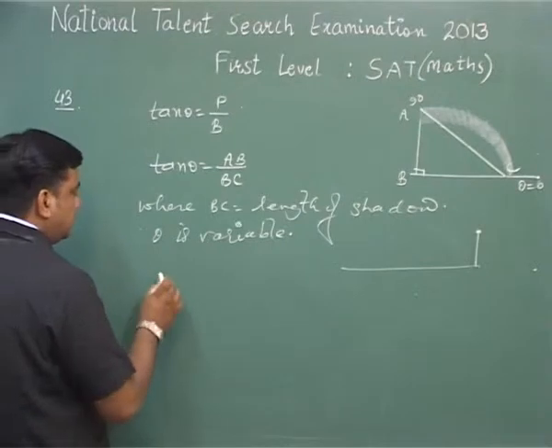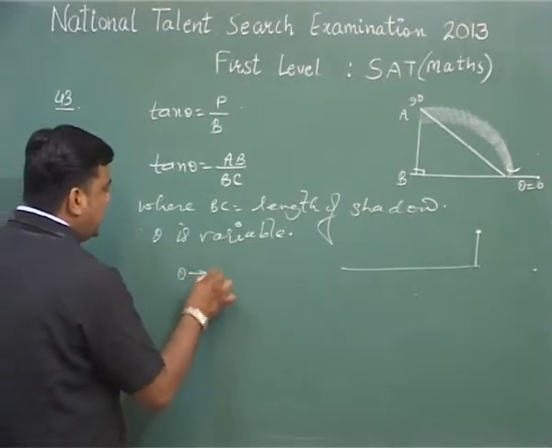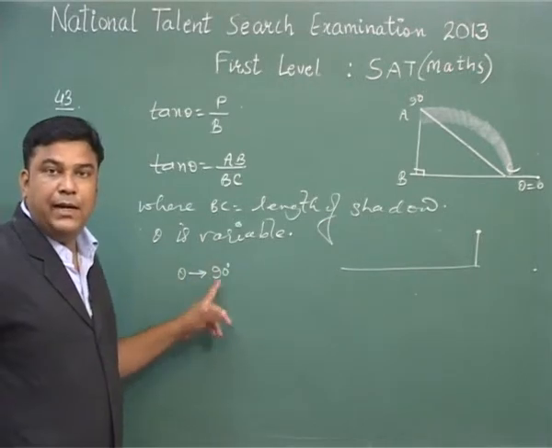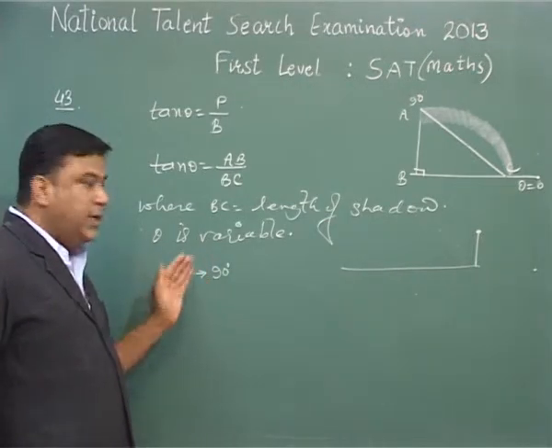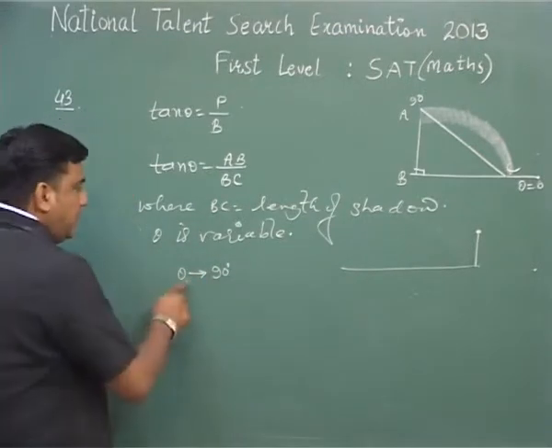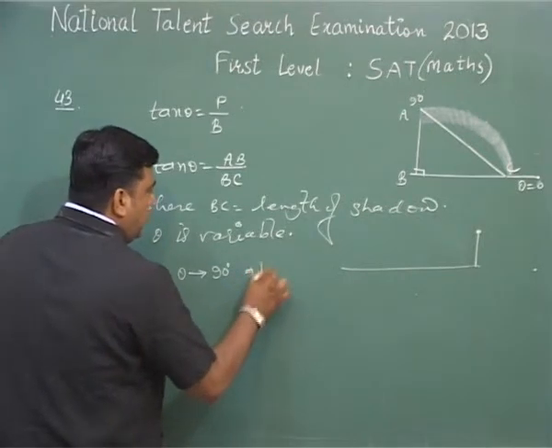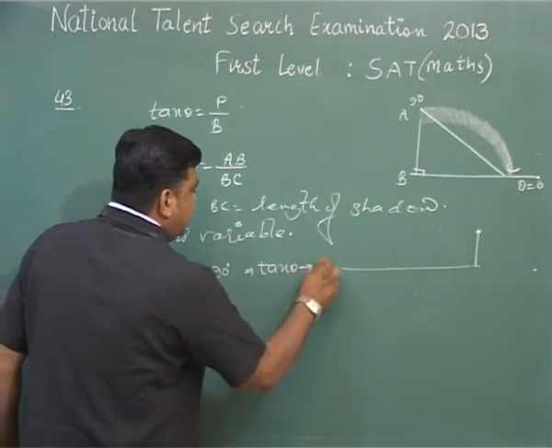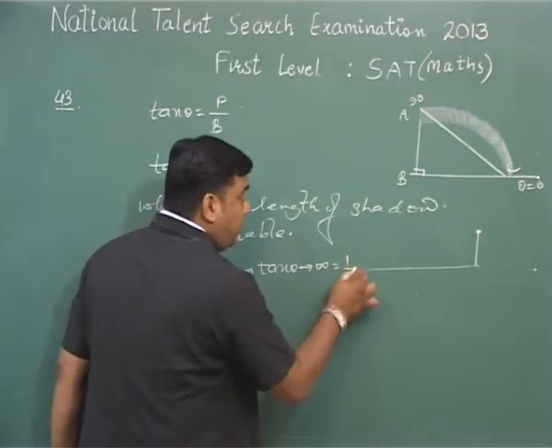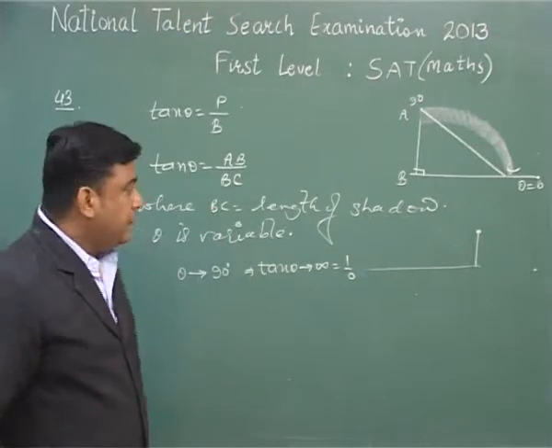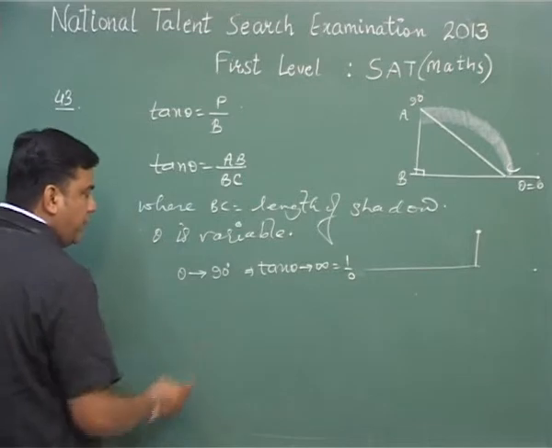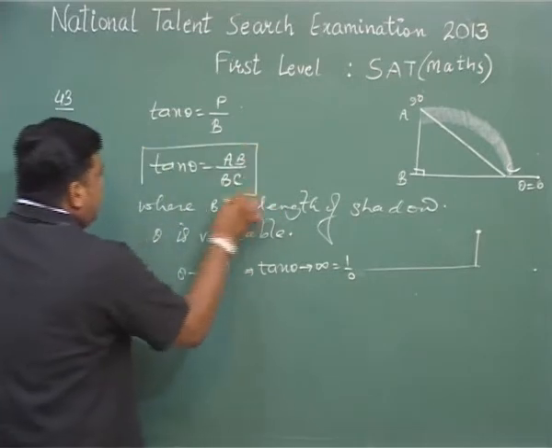Since theta is not equal to 90, I use the arrow between theta and 90. This shows theta is moving to 90. This is called theta tends to 90. When theta tends to 90, the value of tan theta tends to infinite. We all know the value of infinite we cannot find, it is not an achievable value. So the final value of tan theta we are not having. This is infinite. So by this equation number 1,